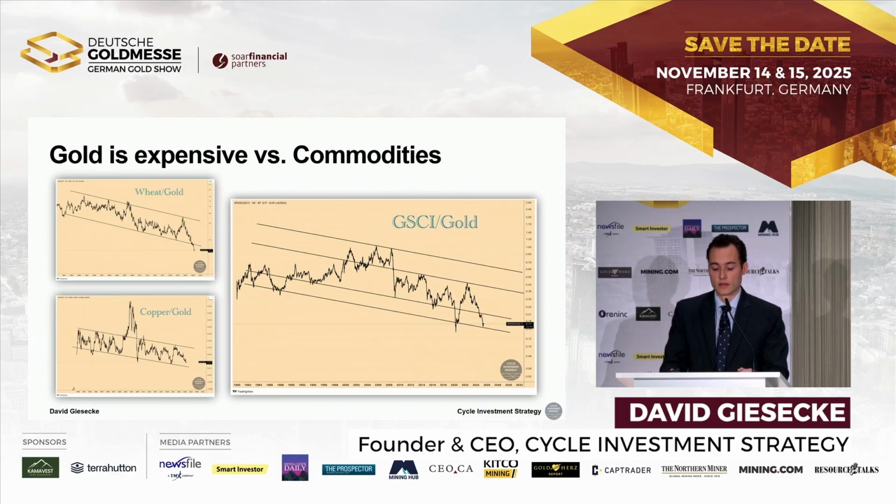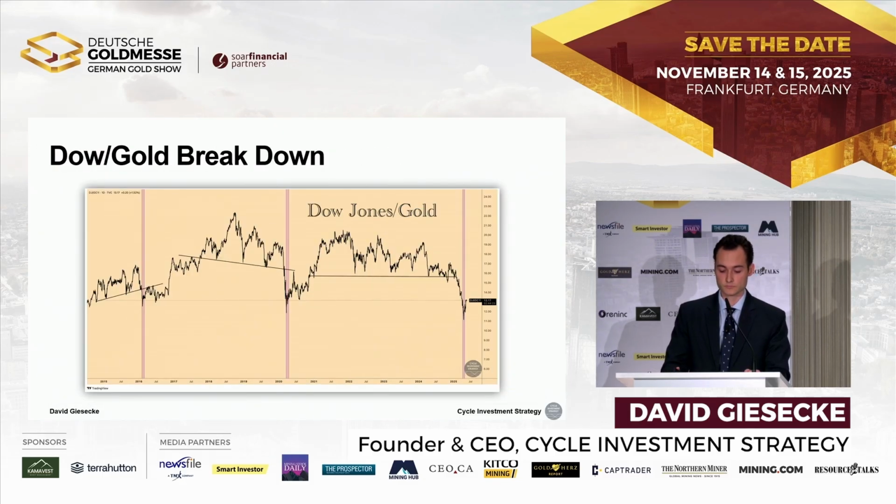We've seen the underperformance of the Goldman Sachs Commodity Index. We're now near the COVID lows. Copper has also severely underperformed gold, and wheat is even worse. And what is also a very important development that is happening right now is the breakdown of the Dow to gold ratio. We've seen this breakdown because of the recent market fear in this tariff war situation, where money was